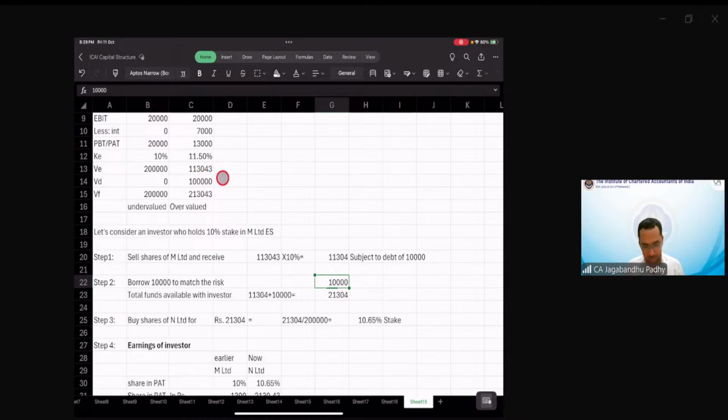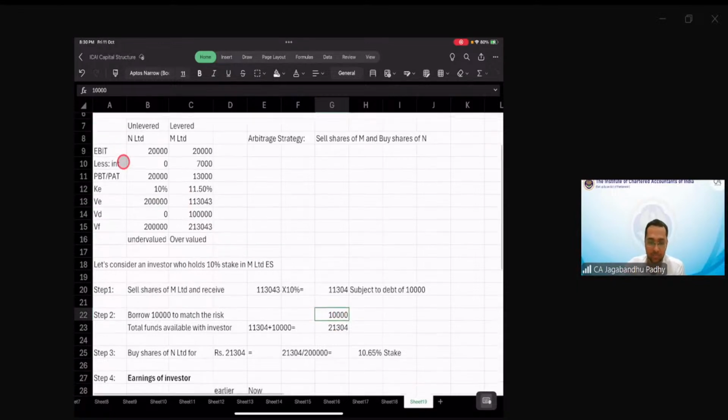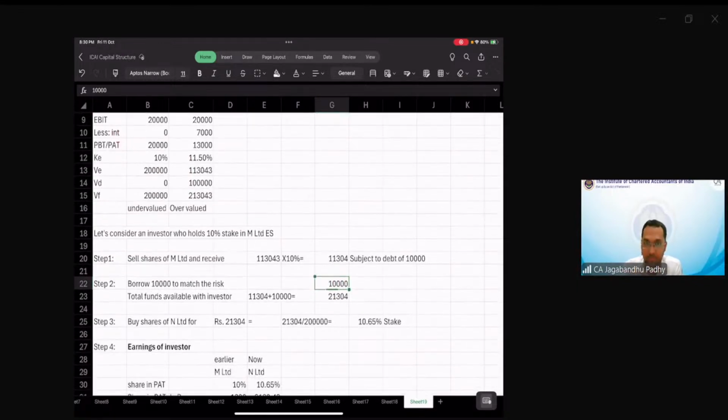तो ऑब्वियसली मेरे ऊपर इनडायरेक्ट एक लोन था ना जो कंपनी के ऊपर था, अब वो इनडायरेक्ट लोन को मैंने यहाँ पे डायरेक्ट लोन में कन्वर्ट कर दिया, क्योंकि नहीं तो रिस्क मैच नहीं होगा. क्योंकि 11,300 जो एम लिमिटेड में इन्वेस्टेड है लीवर्ड में, सेम अमाउंट इधर इन्वेस्ट करूंगा तो रिस्क मैच नहीं होगा, बिकॉज हियर देयर इज अ लोन, हियर देयर इज नो लोन. सो हाउ डू आई मैच द रिस्क? उसके लिए लोन लेना पड़ेगा, एंड देन टोटल अमाउंट हमने अनलीवर्ड में इन्वेस्ट किया. ओके ओके.